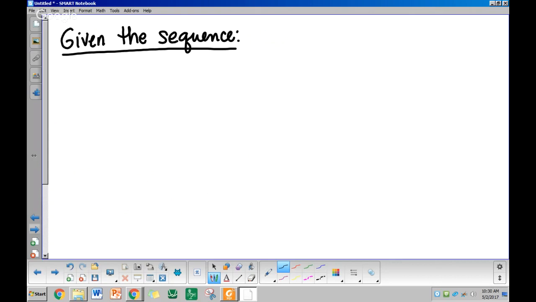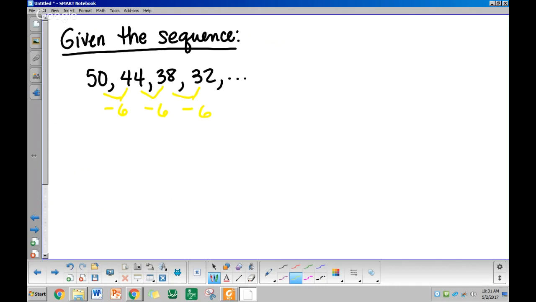Okay, here we go. Given the sequence 50, 44, 38, 32, dot, dot, dot. First of all, is this arithmetic? Because not all sequences are arithmetic. They have to have a common difference, right? And as already noted, this is -6, -6, -6. So therefore, we have a common difference of -6. So d equals -6. And if I want to come up with the general form,